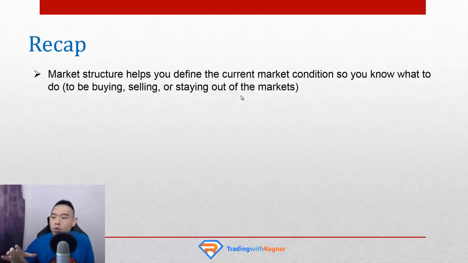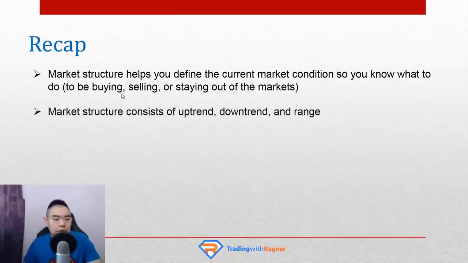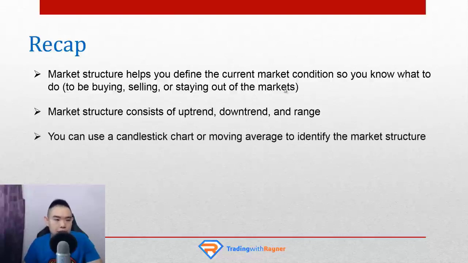And I'll explain how you can do all that in the later section, but for now, just understand what market structure is and how it can alert you to what you should be doing at any one point in time. So market structure consists of uptrend, downtrend, and range. You already know this. And finally, you can use a candlestick chart or moving average to help you define